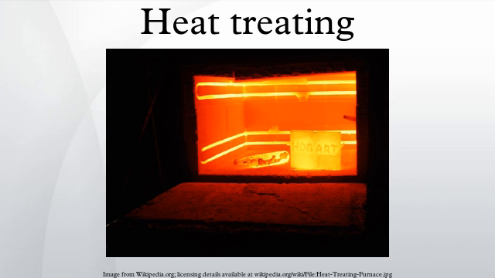The diffusion transformation is very time-dependent. Cooling a metal will usually suppress the precipitation to a much lower temperature. Austenite, for example, usually only exists above the upper critical temperature. However, if the austenite is cooled quickly enough, the transformation may be suppressed for hundreds of degrees below the lower critical temperature. Such austenite is highly unstable and, if given enough time, will precipitate into various microstructures of ferrite and cementite. The cooling rate can be used to control the rate of grain growth or can even be used to